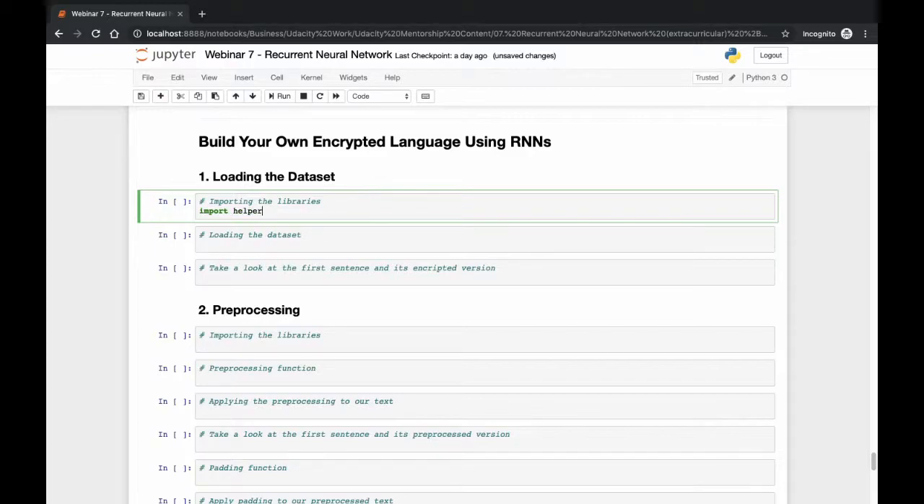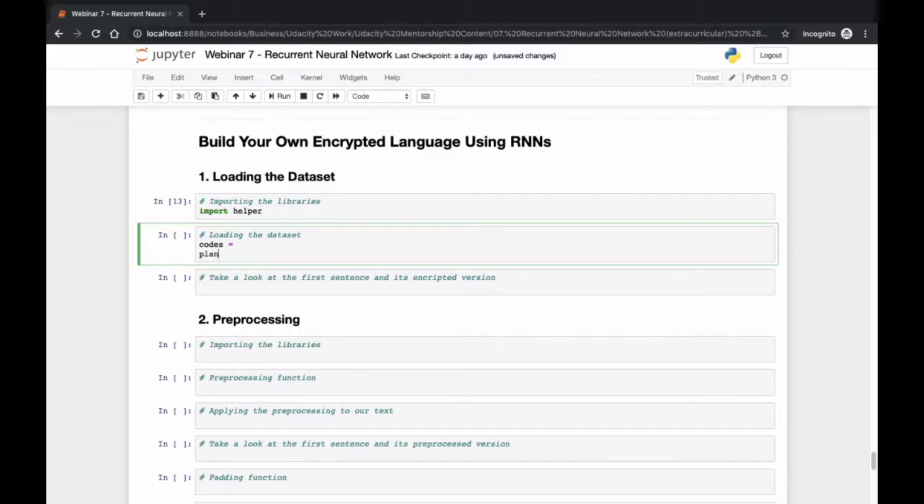This file I have already provided for you, which is in the same directory as your files. This library we use only for loading the dataset. So there are two types of dataset. One is called codes and one is called plain text. The plain text is the actual text, just some English words, and codes are the encrypted version of that plain text. So let's import them, and now we will see exactly how